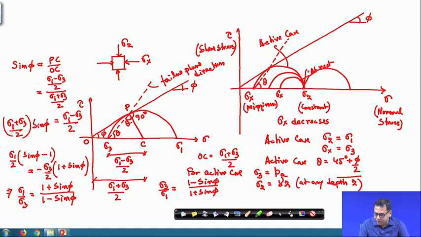And there will be one particular Mohr circle for which you will get the maximum sigma x value. This sigma x value will be the maximum. Okay? So, this is also the maximum sigma x value. If you look at the active case, where sigma x value is minimum, and here it is maximum. So, in case of passive, it is maximum. This is the active case, this is the passive case.